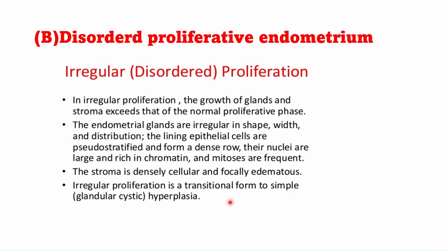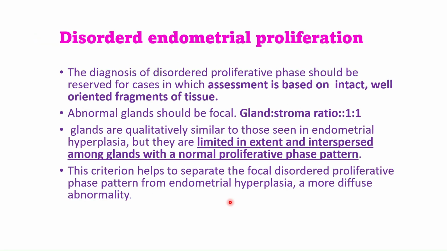row, and these nuclei are large and rich in chromatin, and mitoses are frequent. Now the stroma is densely cellular and focally edematous. Irregular proliferation is a transitional form to simple or glandular cystic hyperplasia. Now, how will you differentiate it from hyperplasia? The diagnosis should be reserved for the cases in which assessment is based on an intact, well-oriented fragment of tissue,